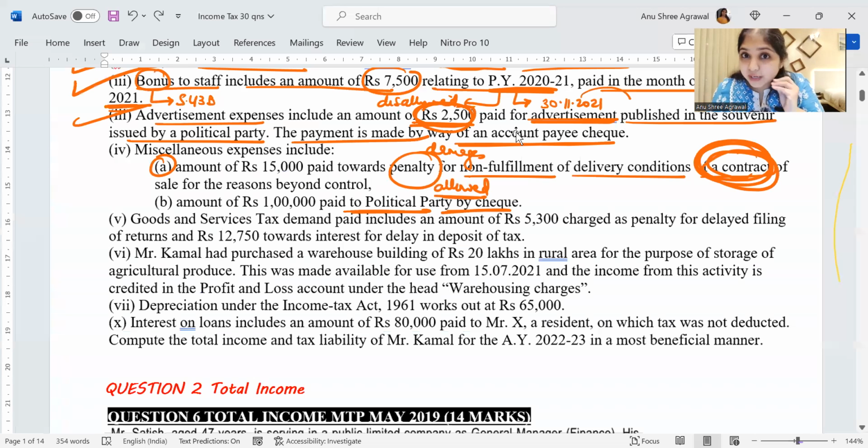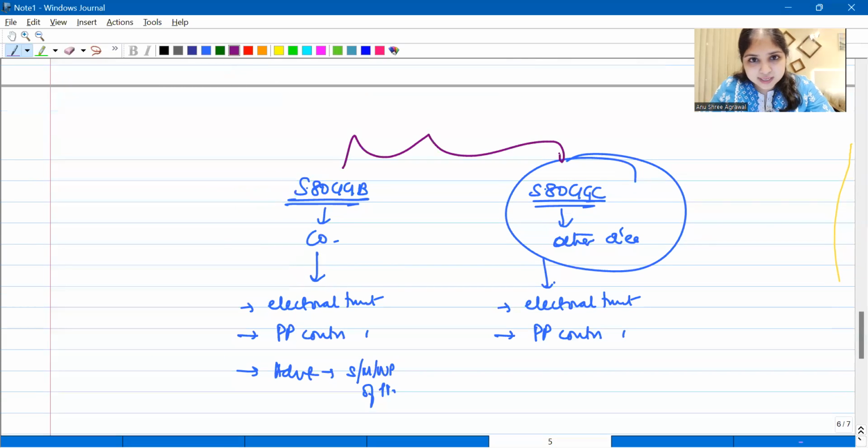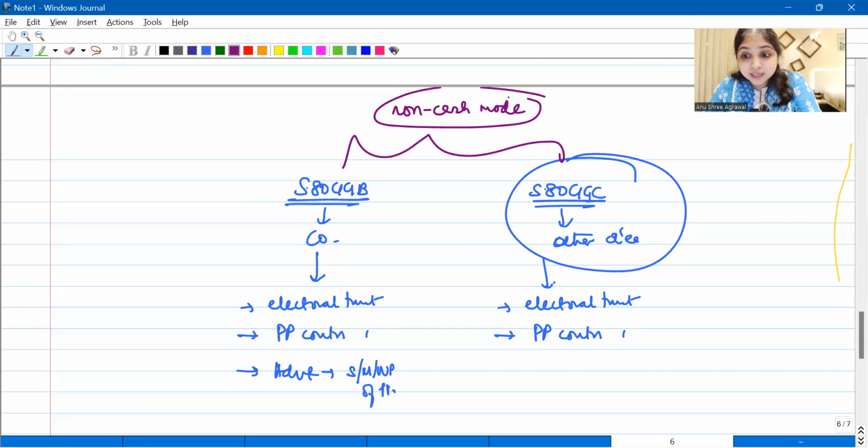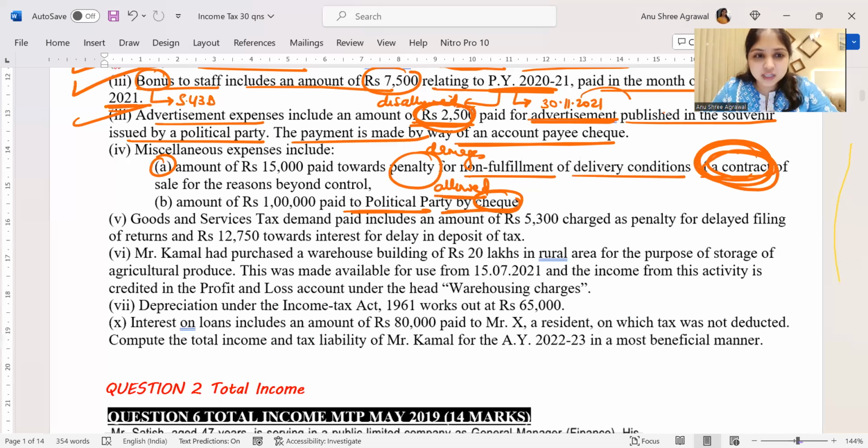Now answer two simple questions. Here, assessee has made the payment by cheque. Is it okay? Yes. Does it have to be an account payee cheque necessarily? No. Revision time: under 80GGB and 80GGC, both sections say that you have to make the payment in non-cash mode. Do you have the 2,000 rupees limit here? You don't have the 2,000 limit, irrespective of the amount. Even if it is 100 rupees, you have to pay in non-cash mode. Assessee has paid by cheque, so the non-cash mode condition is fulfilled. Story over. Perfect till here.